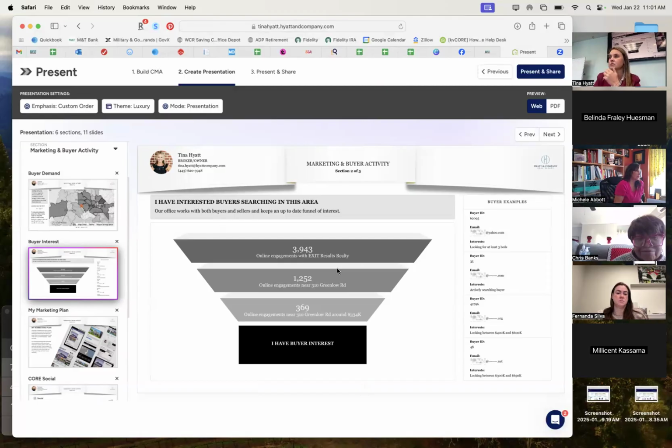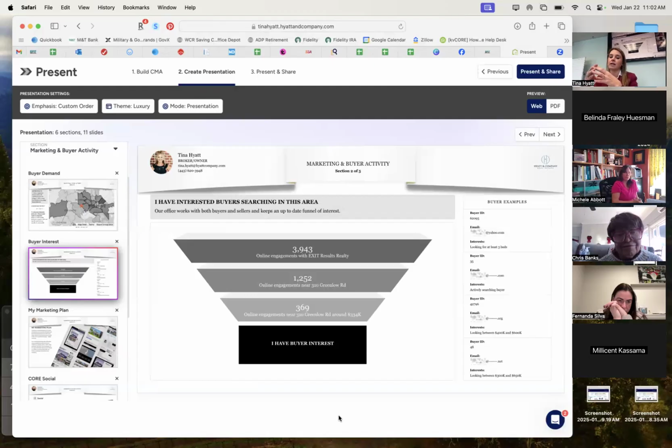That's what I have to get changed, where it says exit results. I don't know. I have to look and see if I can manually change that tab. I think this tab auto pulls this data out of our KVCore CRM, and because they still have us listed as exit results, that's what I have to figure out. So I'm going to look into that and try to get that resolved ASAP. But if you figure out how to do it yourself, let me know. It's pulling from our KVCore system.